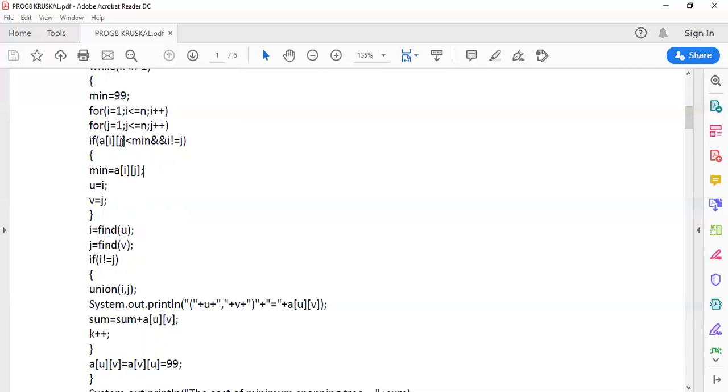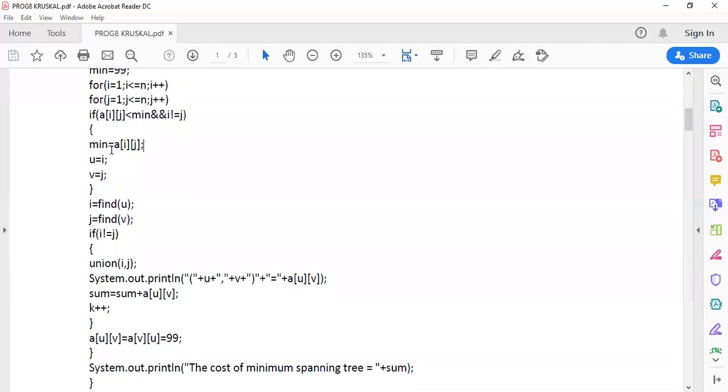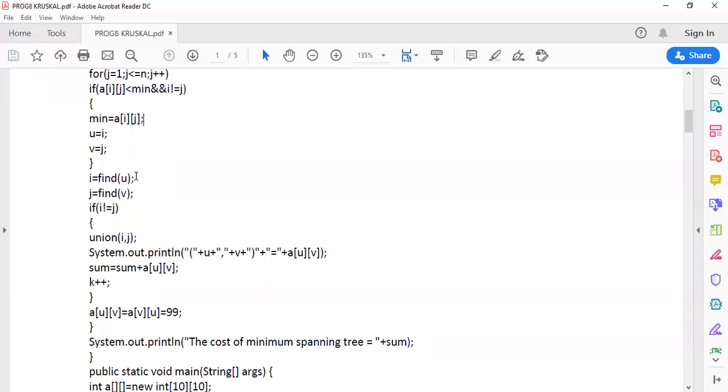So the cost is 3, and 3 is less than minimum. So you take that edge, you select that particular edge. After selecting, you update the minimum value, so the minimum value becomes 3. The first vertex, that is u, is nothing but 1, and the second vertex, that is v, is 2. Now I'll explain what happens for this particular edge.